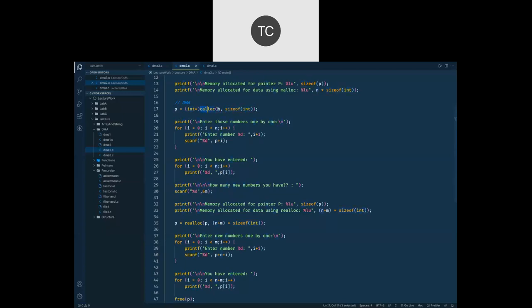Calloc is going to calculate the total required memory block size, and it will allocate the memory. It is also going to initialize this memory block with a default value. For numbers, it is 0. For others, let's say character and string, it is going to be the null character or the null pointer. So calloc initializes your memory with a default value also.